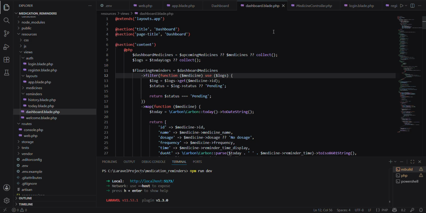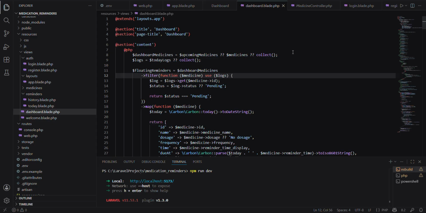So, for the code, we use Laravel for the framework. The system follows Laravel's MVC structure, which is the model view controller.